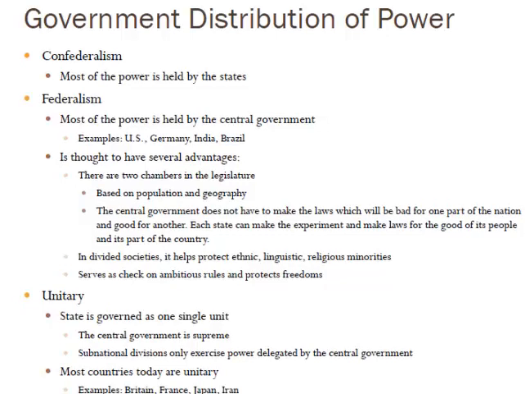Then you have a concept called federalism, which is really what we have today, where most power applies to the central government, the federal government, but you also have power that is in the states. In the US, for example, you have the central federal government with its power, but you also have some power distributed to each of the 50 states. Really, you have 51 different governments in the US. You have a central government, and you have the governments of all 50 states. Splitting this power between the states and the federal government is called federalism. There are many advantages to federalism, which means splitting up the power.